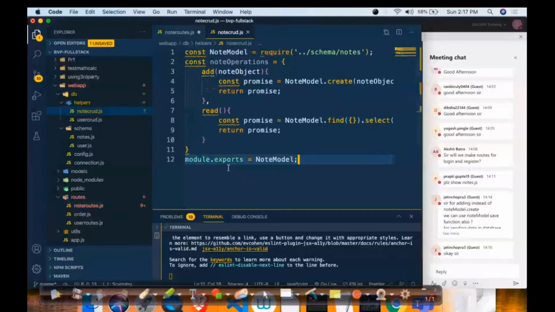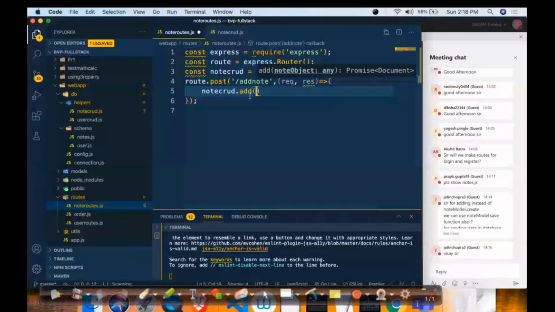Sorry, I exported this accidentally. I need to export node operations, right? So it's an operations, right? So that's why it is not giving the help. That's why now add is coming. So node_crud.add, and what I need to pass, I need to pass the request and the response